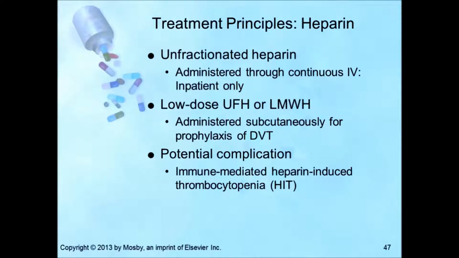You begin to monitor a PTT 4 to 6 hours after initiation of the treatment, so that necessary adjustments to the dosages can be made. General treatment is discontinued when the patient is past the risk of thromboembolic complications, but varies with the specific indication, as well as the institution that you're working at.